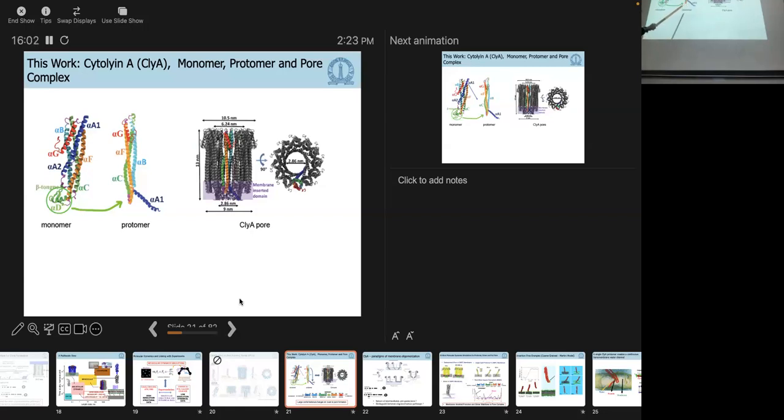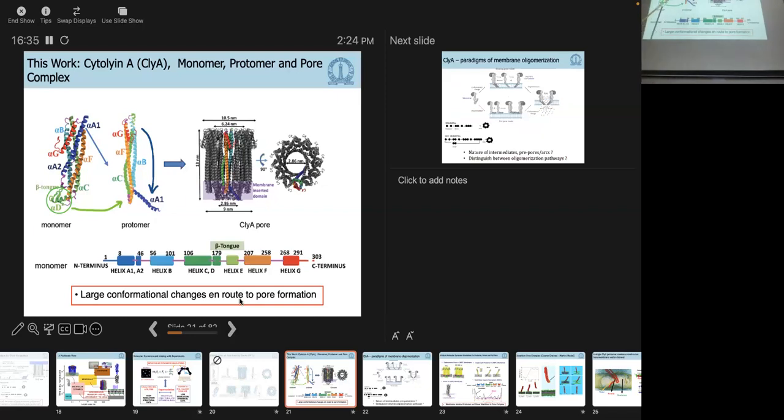And the other large conformational change is that this helix, alpha A1, flips out and enters the membrane. So you can see this, the blue portion, which is the alpha A1, and this is the helix-turn-helix motif, which is inside the membrane. These are some of the largest conformational changes that take place in this pore-forming family of proteins. More recently, we've been looking at these structural transitions using enhanced sampling methods, and I'll show you some of that data.